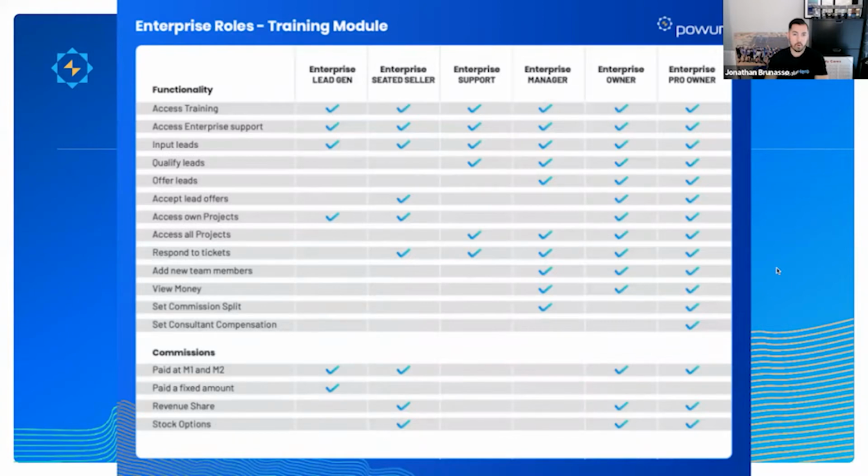You can give out leads and you can define the split. You can have an assistant or a manager manage your account. And then Enterprise Pro has a seated seller that you can take more commission on and pay their membership. If you don't need those things, you don't need to upgrade to Enterprise. I just want to really stress that. Those are the main benefits right now.